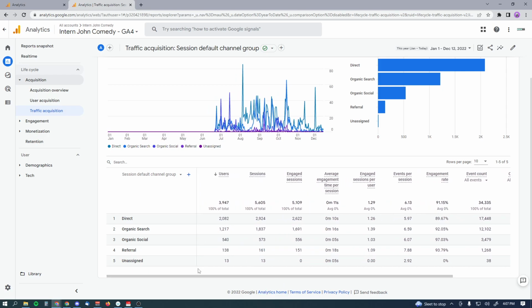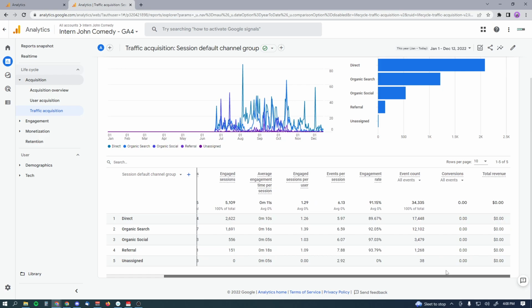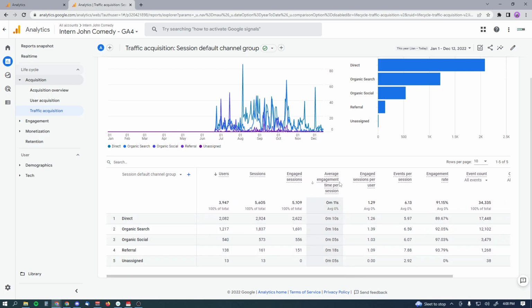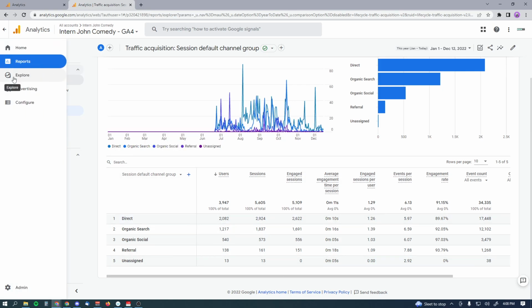I don't know why Google has done this, why they have eliminated that ability to see it right away. Maybe it's a different measurement that they want folks to use now, maybe this average engagement time per session that's a little bit more relevant for SEO optimization. But who knows? Your organization may still want to report on bounce rates or use that metric to determine page performance. To get to it, you go to Explore here,